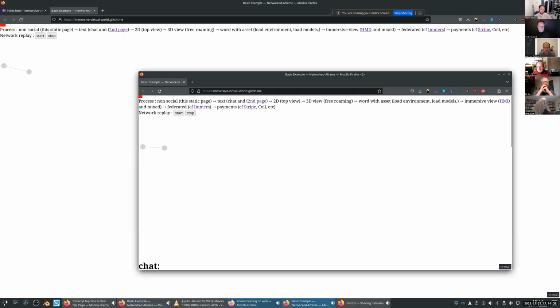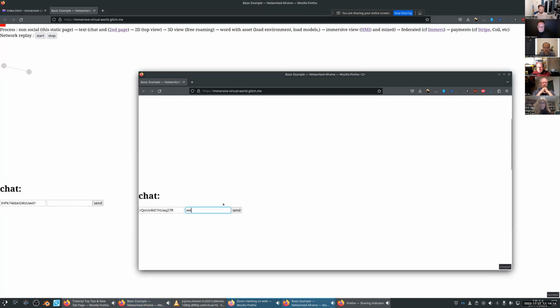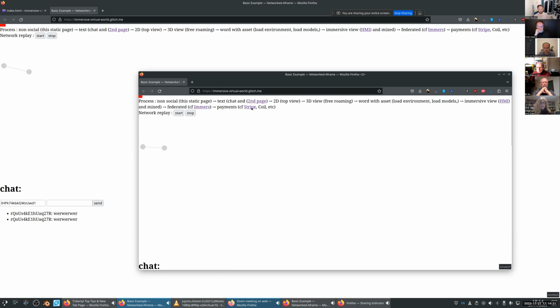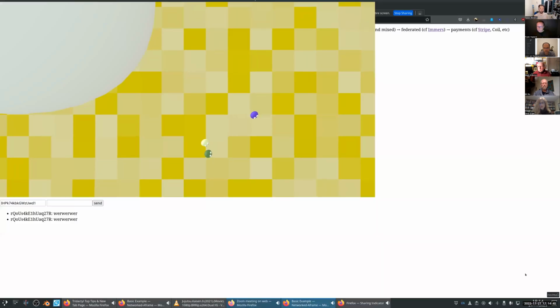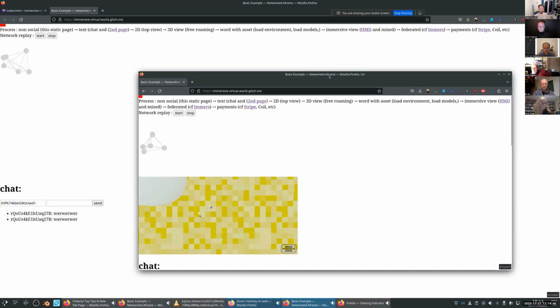In order to do this, I made this little website where I can make a little chat like this in 2D. And then what you saw on the left, I'll do it again, but you saw the message happening between the two peers. So if I hover here, you can see my name and the name of the other person. So that's just in 2D, as in text rather. Then in 2D, where I have those little personas moving around. Probably going to be too slow for you to see, but they're moving around a bit. And from there, I can